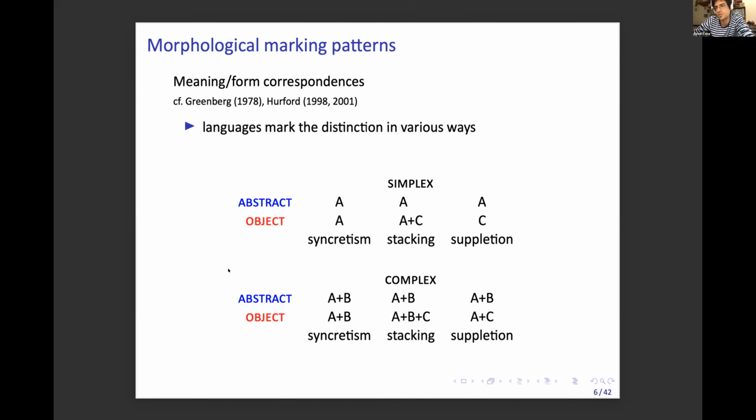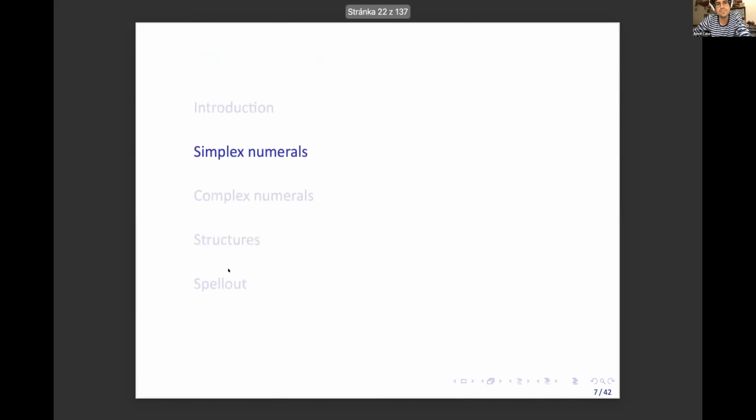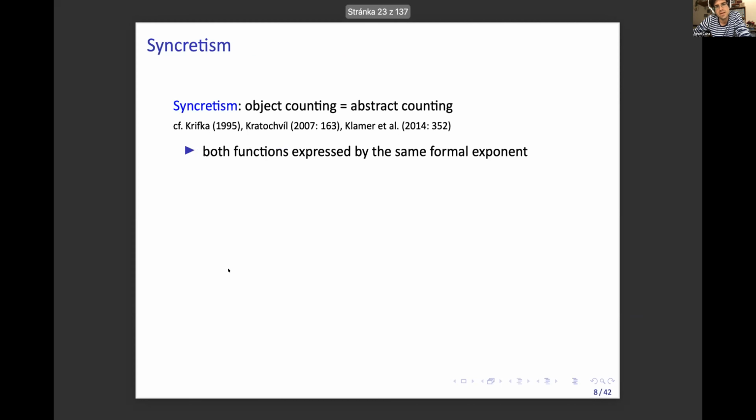And you also find suppletion, which in this particular context is marked as replacing by the second morpheme B for C. Okay? And sometimes we will see also examples of replacing the first morpheme, but we will not really go into such a detail. So we're going to start by showing the simplex numerals and